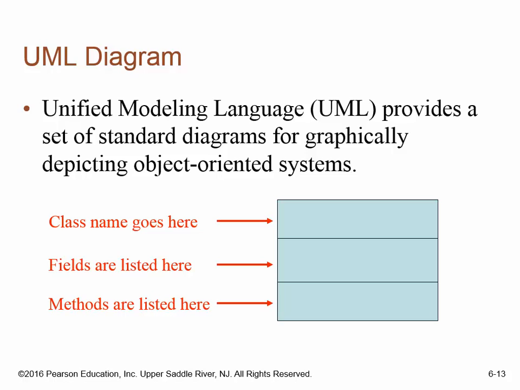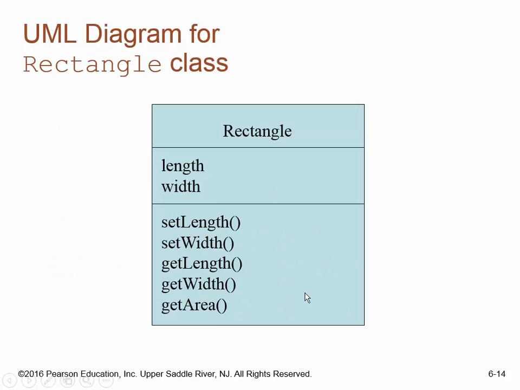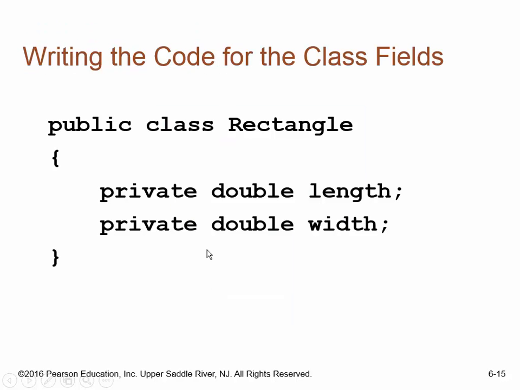All right. But when you have UML, you write basically a square or a rectangle and you separate it into thirds. The name of the class goes in the upper third. The fields or the attributes for the class go in the middle section, and the methods go in the bottom section. And here's an example. So we've got a class that's named rectangle. It has two pieces of information, a length and a width. Then there's a set length, a set width, a get length, a get width, and a get area. All right? So as we start to write this,